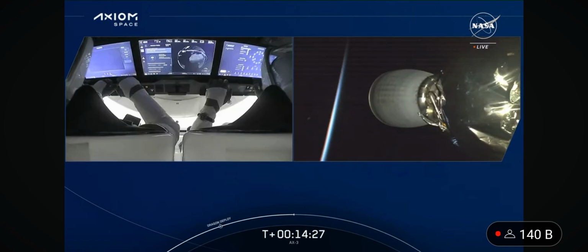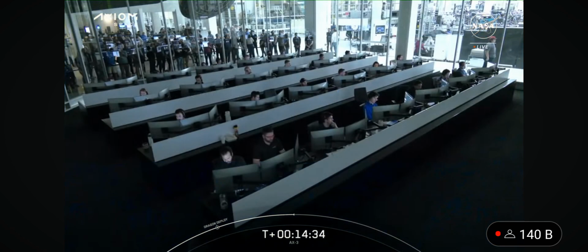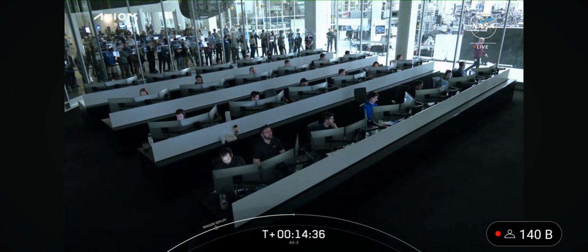And with that, our AX-3 crew is in orbit and on their way to the International Space Station. Obviously, great views of the crew there. And now mission control, again, SpaceX Dragon. Jake, any chance you could encode